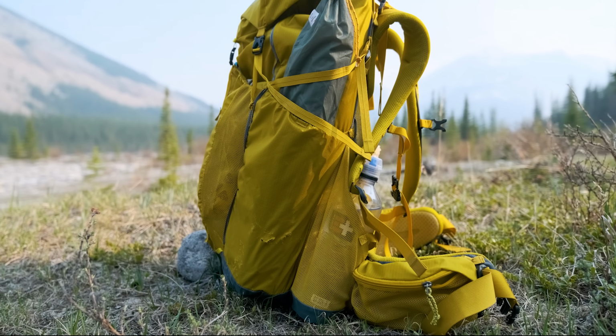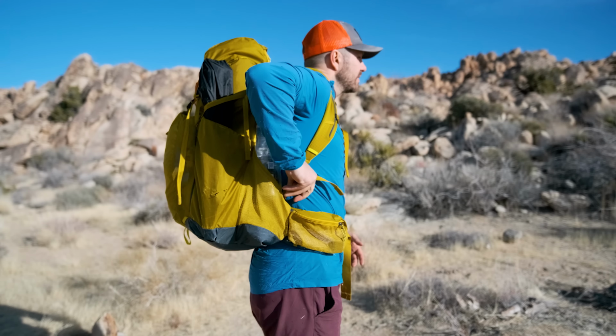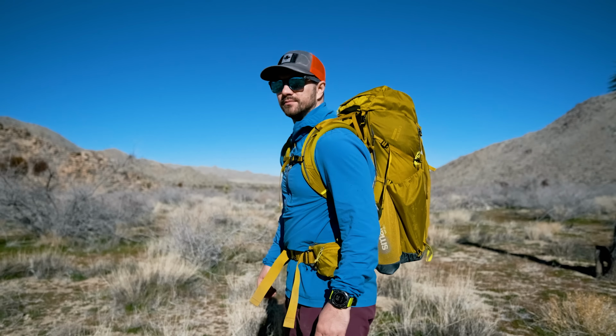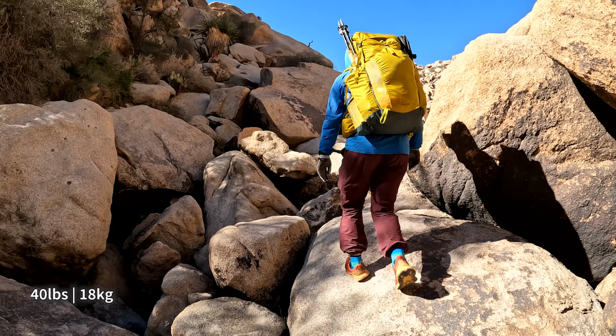Side water bottle pockets in front of the main side pockets, so it makes it really easy to reach back, grab water, put it back. Great carrying capacity with an awesome frame that really wraps and hugs your body and allows you to carry 40 pounds plus really comfortably. It's gonna allow you to hike all day comfortably, even if you have a ton of